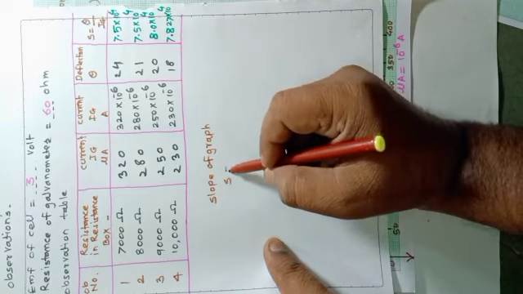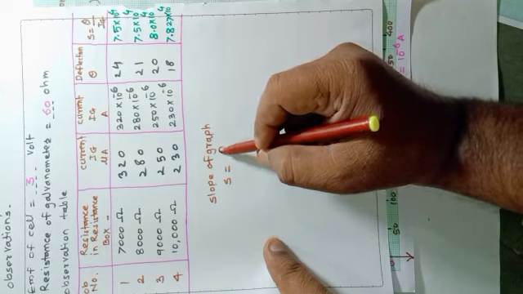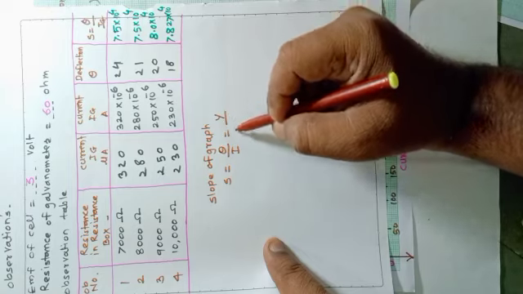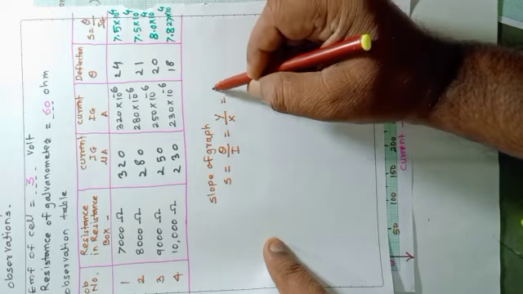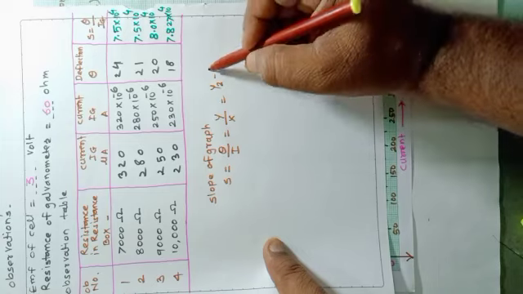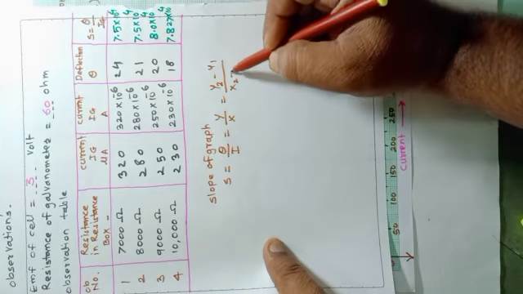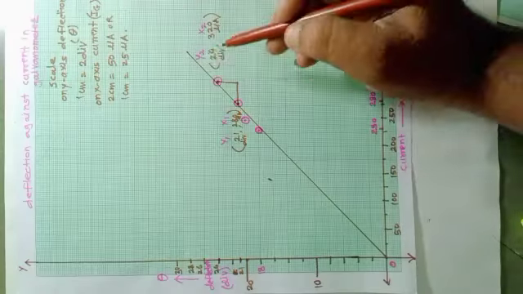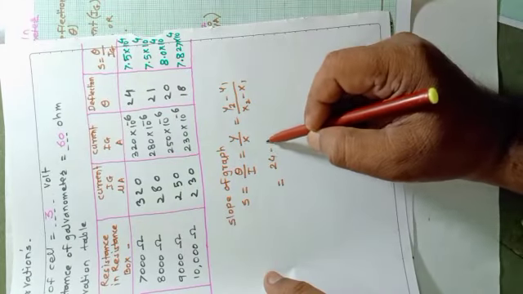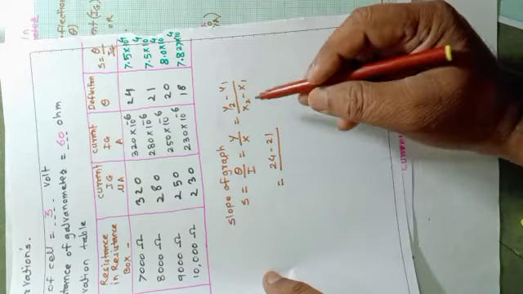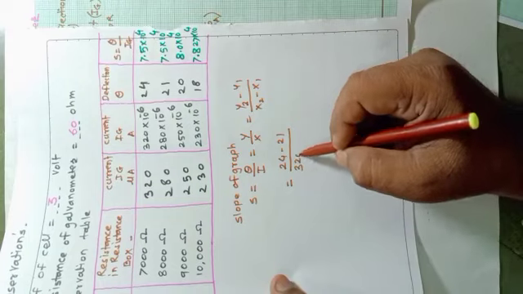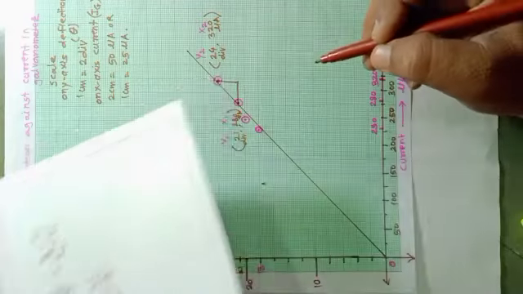that represents S, which is equal to theta upon current. Theta is on the y-axis, current is on the x-axis, having the formula y2 minus y1 upon x2 minus x1. Substitute the values of y2 and y1. So y2 is 24, y1 is 21. So 24 minus 21 divided by x2, which is 320, 320 minus 280.